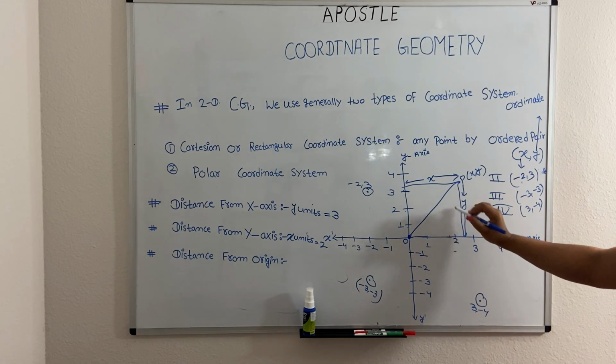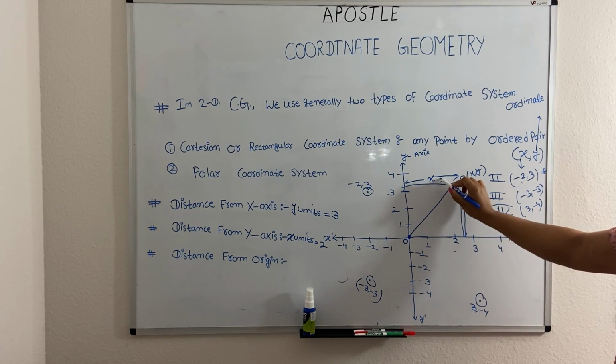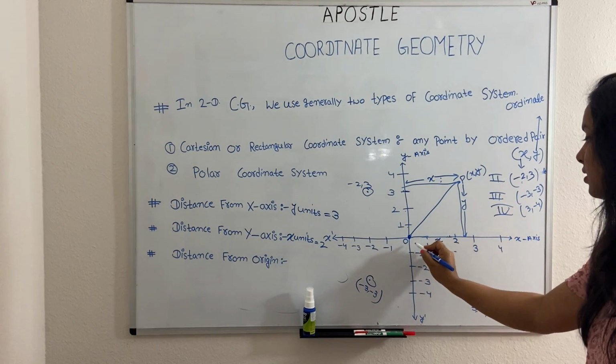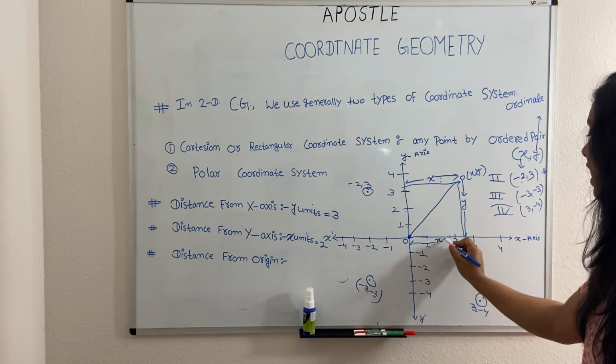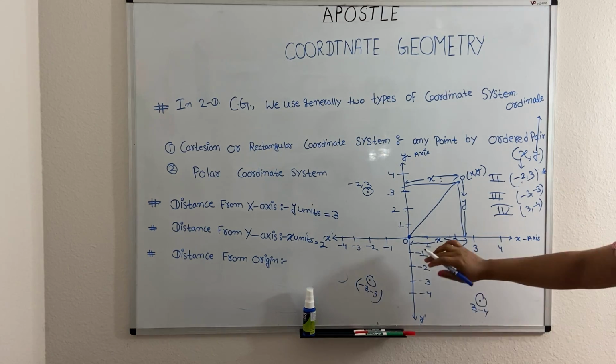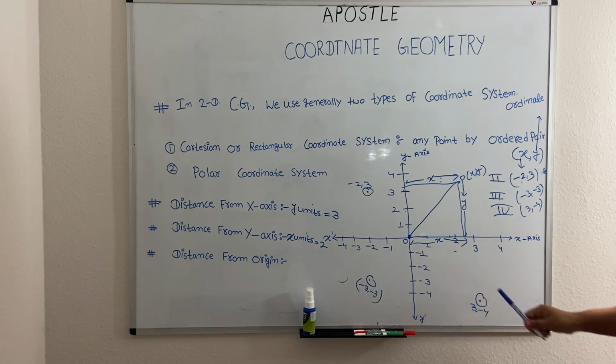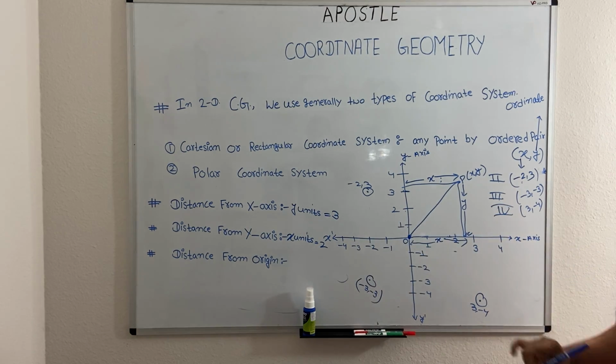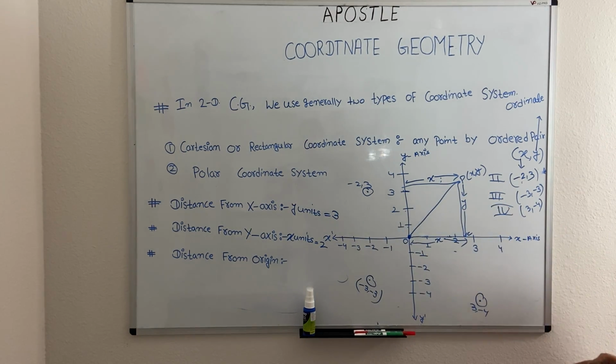So this is y, and this is x. If this is x, like this is a kind of square, so this is also x. And now we have to calculate this distance OP. So this is a right triangle. Clear? OP, and I am giving the name C to this corner. OPC is a right triangle.